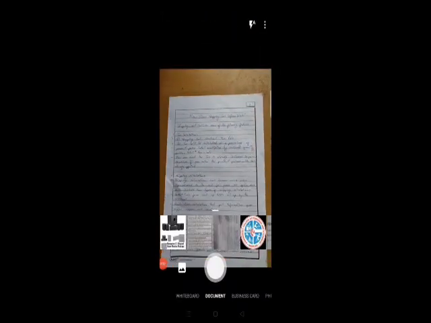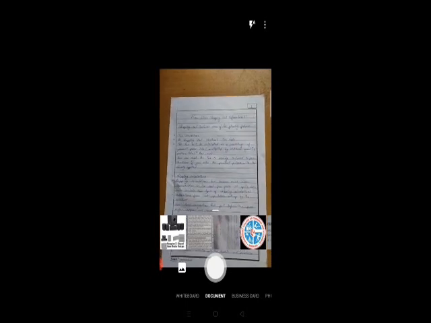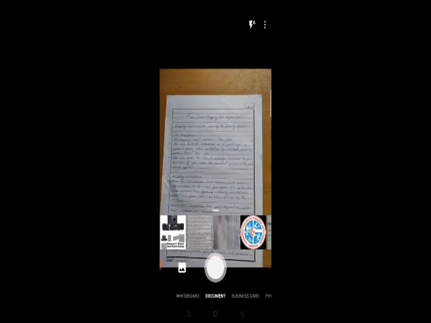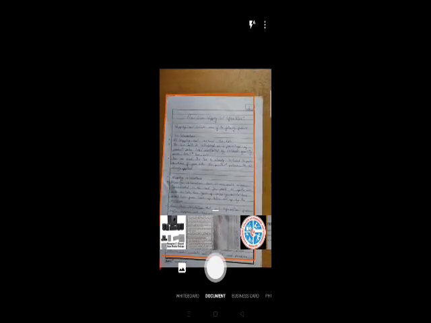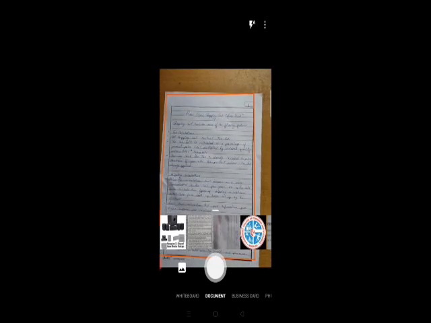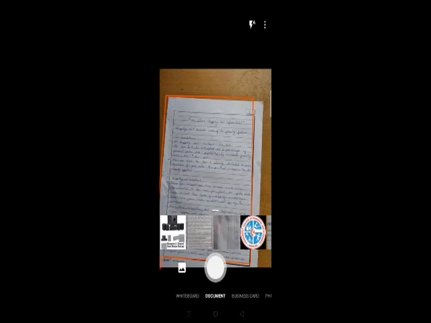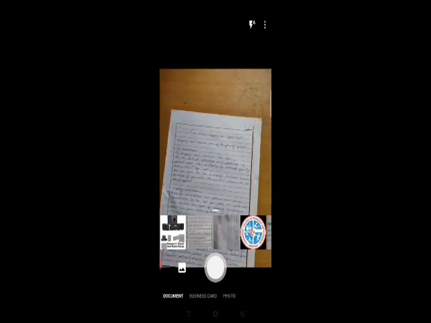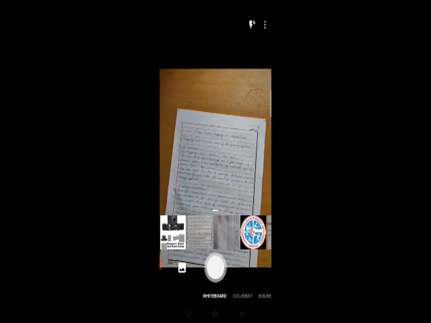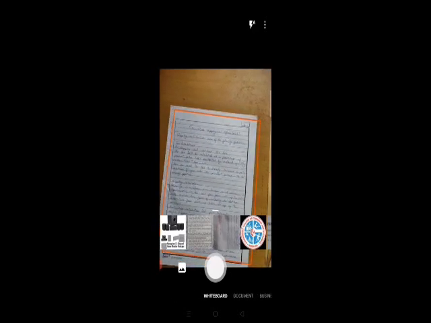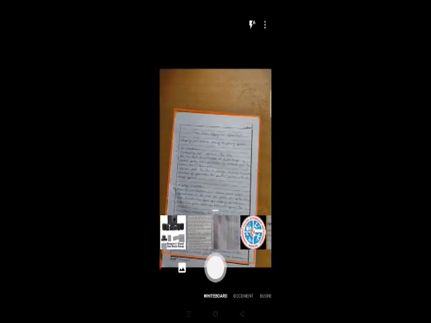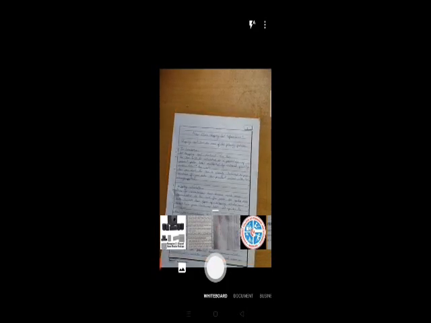After installation of the Office Lens app, the first screen that is presented to us is a camera view on top part of the screen, and bottom part of the screen contains one big round press button or a capture button followed by series of options, namely whiteboard, document, business card and photo. We need to select whiteboard option. I repeat it again, select whiteboard and not any other option here.